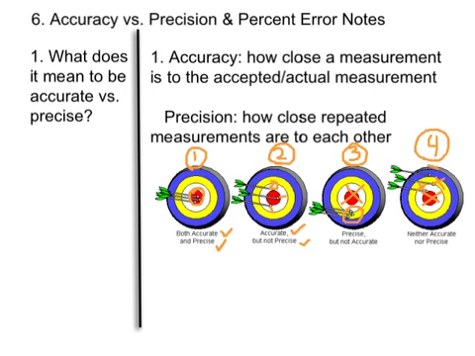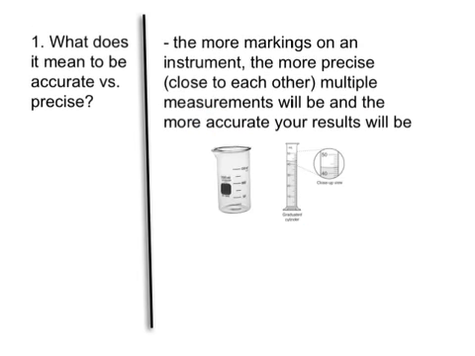In fact, we're going to relate this accuracy and precision to the different instruments we're going to be using in chemistry. Okay, so let's take a look. So if we're in chemistry class and we are using beakers, this is the beaker versus graduated cylinders here, we can see that the graduated cylinder has more markings along the side